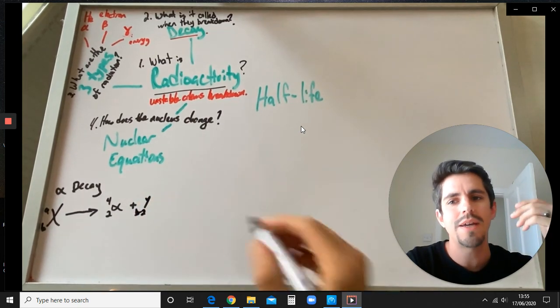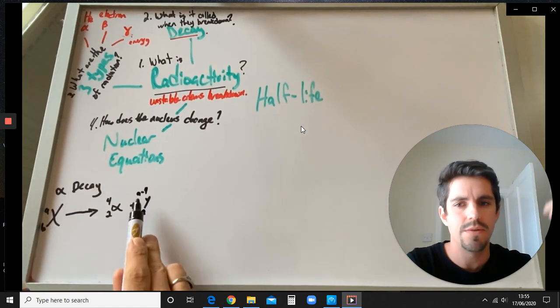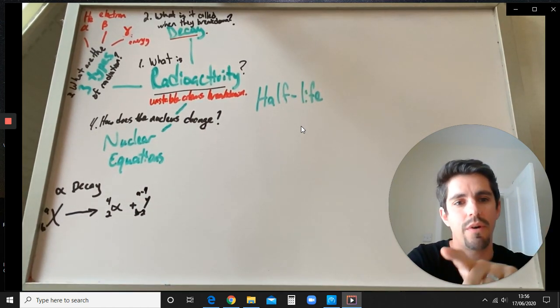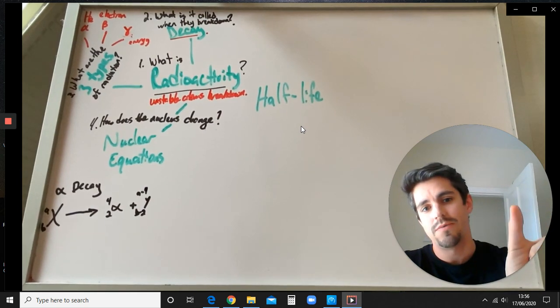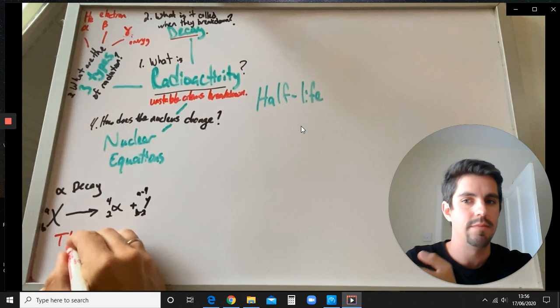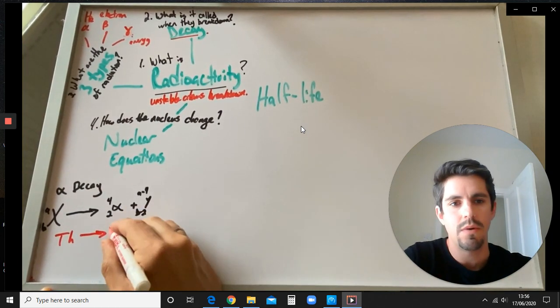Okay? Now, I've said element X. This is a generalized thing. Don't worry if the X's confuse you, because I'm going to give you an example in a second. But notice the alpha 4 on the right with the minus 4 balances with what it was at the beginning. Okay? And then if it was B before, then B minus 2 and 2, those balance to be the same thing.